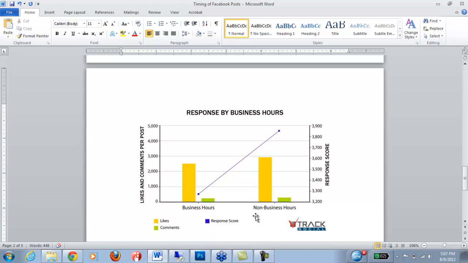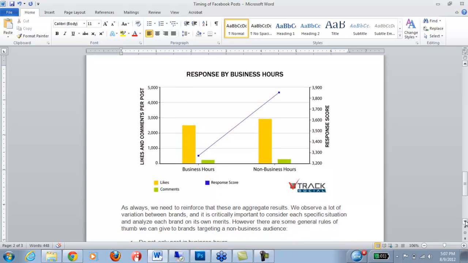So if you're thinking that you want to set your Post and Leap system for 10 o'clock in the morning, I would recommend that you change the time of your overall postings, in your overall time zone, to something after 6 o'clock. Something like 7 or 8 o'clock in the evening. I think what you're going to end up finding statistically on your overall post, utilizing our Post and Leap system, is that you'll inherently get a better response. And that might seem like common sense to a lot of people, but